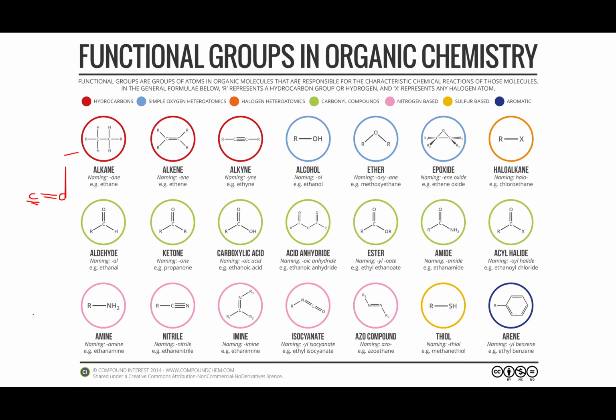Now for amines, remember R always represents carbon. It can either be one carbon, two carbons, or a long chain of carbons wherein the amino group is attached. When we say amino group, that's the NH2. Now for nitriles, we have carbon bonded to nitrogen by a triple bond. We also have imines, isocyanate, azo compounds, thiols, and arenes. Okay, in a while, I will be